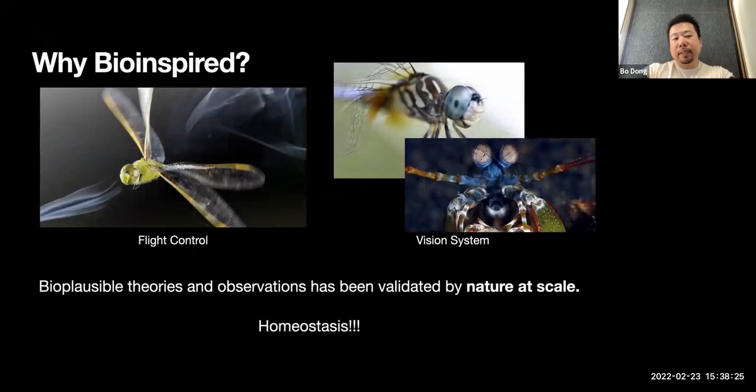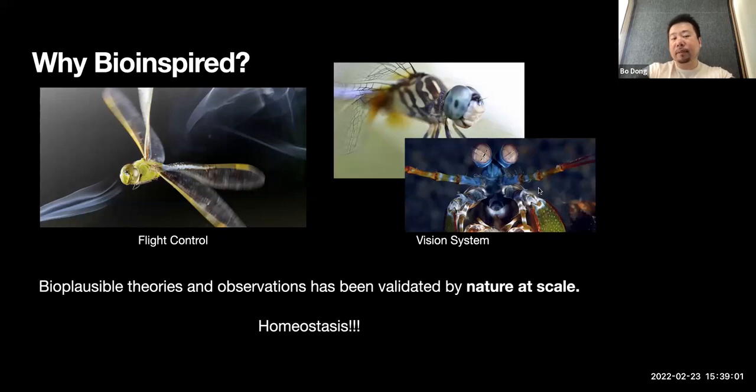Bioinspired theory and observation have inspired human beings a lot in different ways. For example, we learn how to get better flight control from dragonfly wings. We also learn about vision systems from different insects and creatures. For example, the mantis shrimp, this little guy down there, has the most advanced vision system in the world, which is very amazing. The motivation underlying bioinspired technology is that these bioplausible theories and observations have been validated by nature